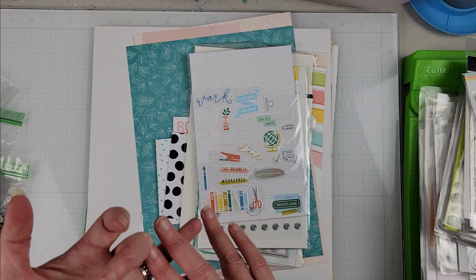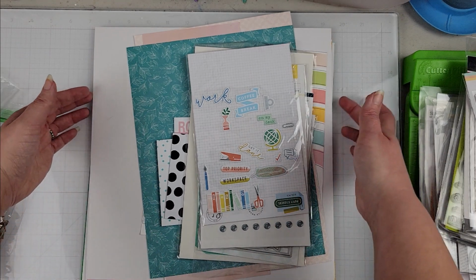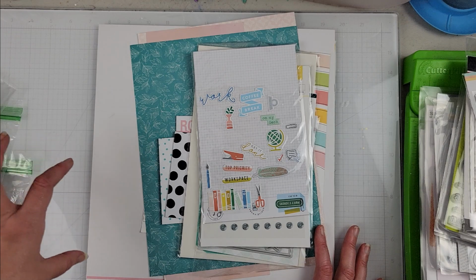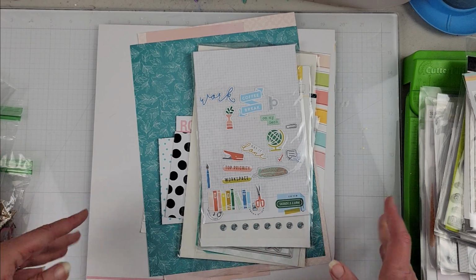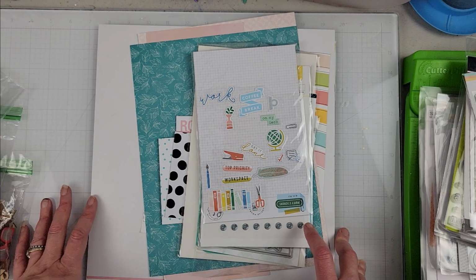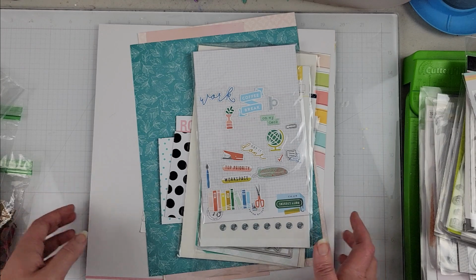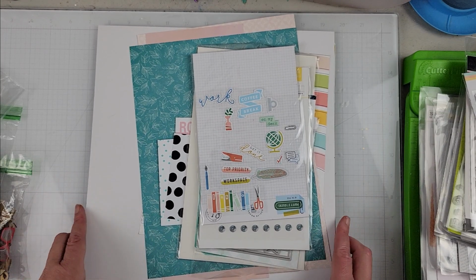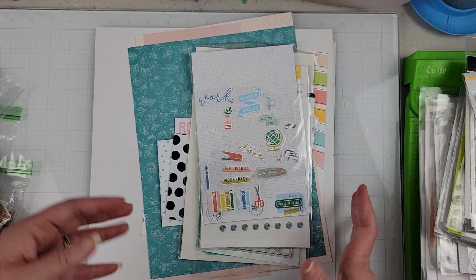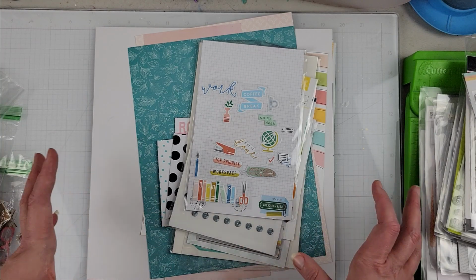I did not add sequins or alpha stickers to this kit. I will just bring those in as I create my pages. I have quite a bit here, as I pulled some bags of embellishments and things. I know for a fact I won't get all of this used, but it gives me plenty to choose from. I might pull other embellishments into each of my page kits, but what I really thought I would show was just the page kits with the papers and things that I was pulling and where I got my inspiration, as opposed to full-on page kits with all the embellishments individually picked out,